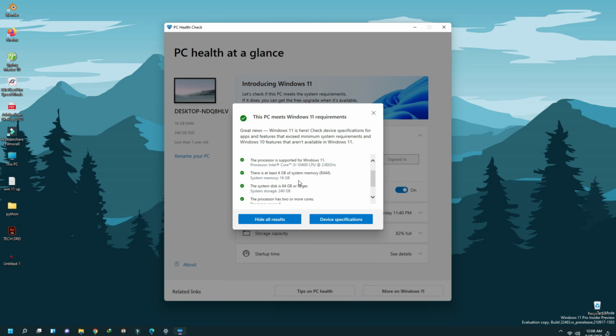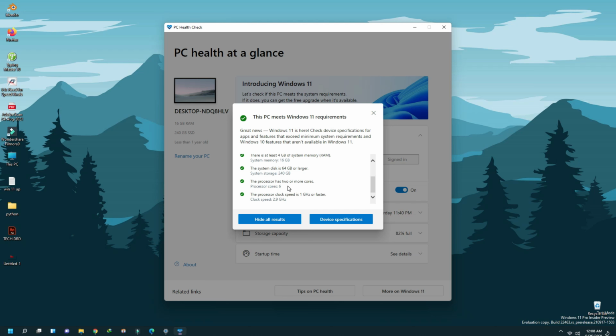The minimum system memory required is 4 GB, and the installed memory here is 16 GB. A minimum of 64 GB disk is required, and the installed storage here is 240 GB.